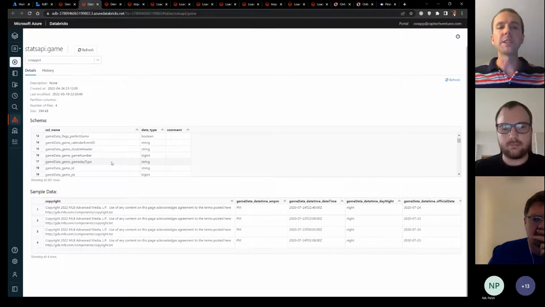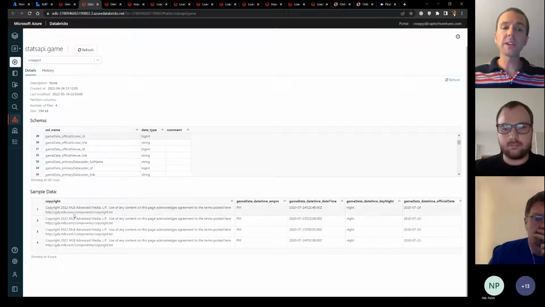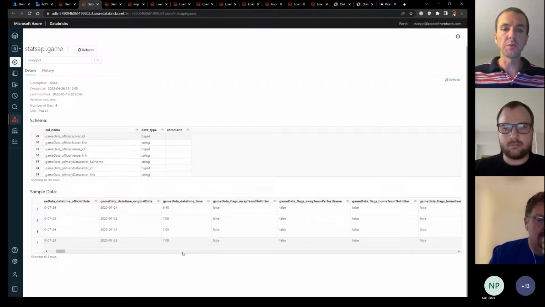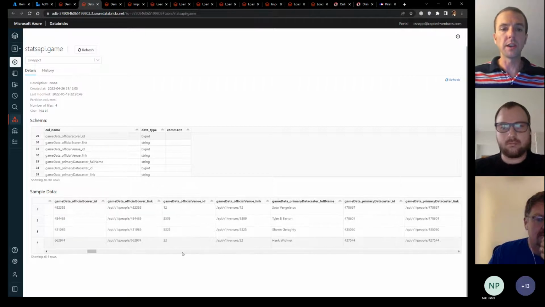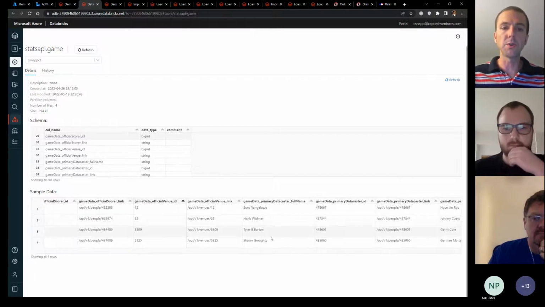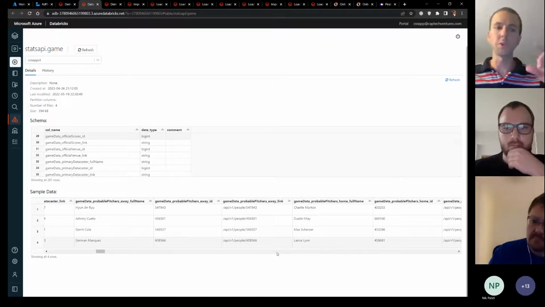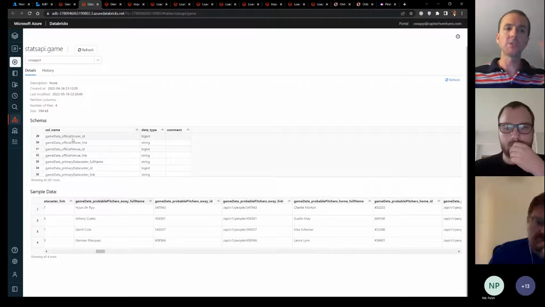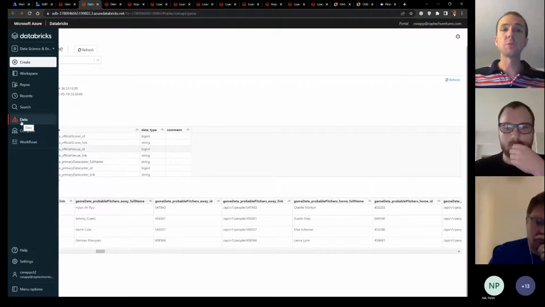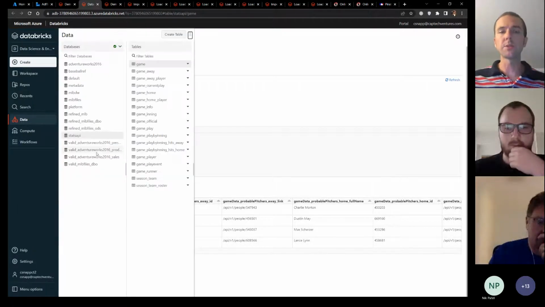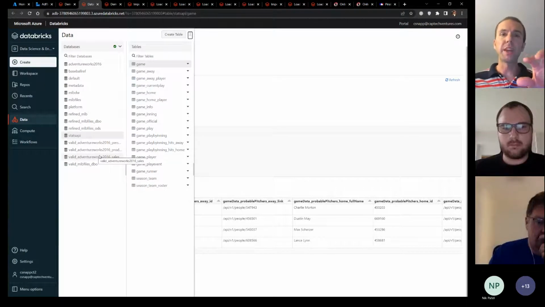I'm going to show you, but it declares the schema and creates it for you if you do it on the fly. And then it actually gives you some sample data so you can scroll through and see what some of the things look like. And it has some sorting capabilities, which are pretty cool. And then we're going to show how if you look at JSON structures, you can actually explode them out too. So to answer your question, this is what I was saying, where you can only look at the tables, databases and schemas if a cluster is running, but that information is made available from the Hive metastore.